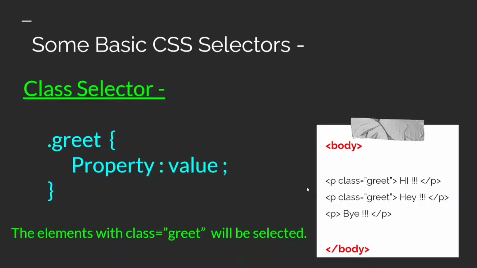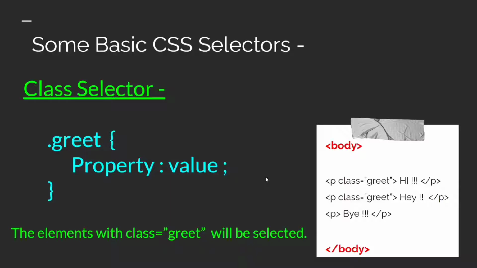Next one is a class selector. For the class selector, we use a dot symbol, and with the help of a dot symbol, we select all the classes present in the page, and we apply a value to a property. And as you know, classes can repeat, or different elements can have the same class. So, as you have guessed, with the help of a class selector, we can apply styles to different elements, so that now we don't have to write again and again.